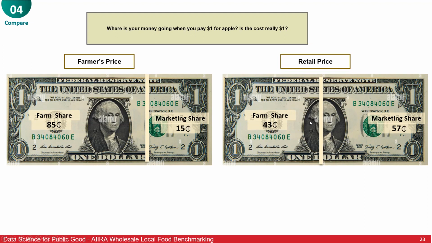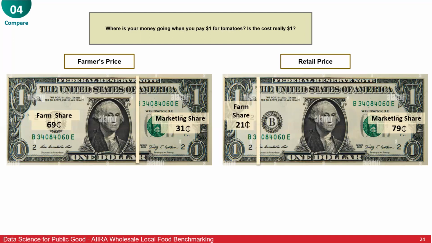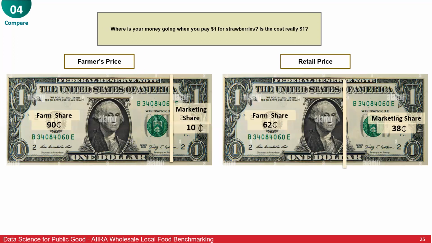Versus if you go through the retail route, like a grocery store, the farmer gets a lot less of that share at 43 cents versus 57 cents spent on marketing. So a lot less is spent on advertising when you buy direct to consumer versus retail. A lot of what you're paying for is going towards marketing, and marketing includes transportation, packaging, etc.